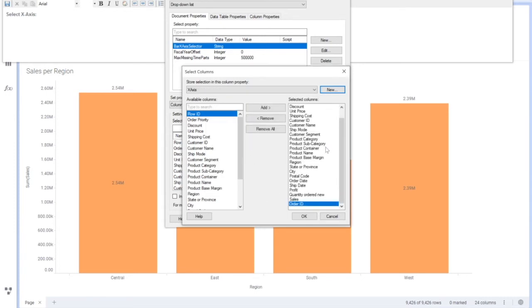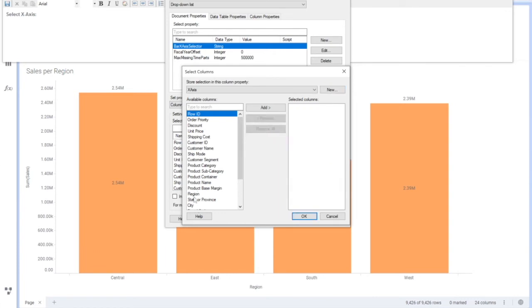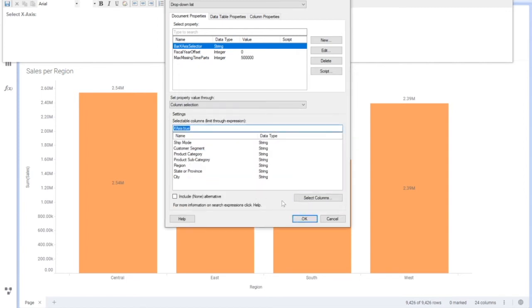Now I'm seeing all the columns which I don't need. So I'll remove all the columns and I'll select only those columns which are really required. So like region, like state, let's say city, category, subcategory, customer segment, let's say ship mode. So I have given these many options here, around 7 columns. Okay, so that's all from my side. Say okay. That's all. Say okay. And once you can see all the 7 columns here, just say okay.